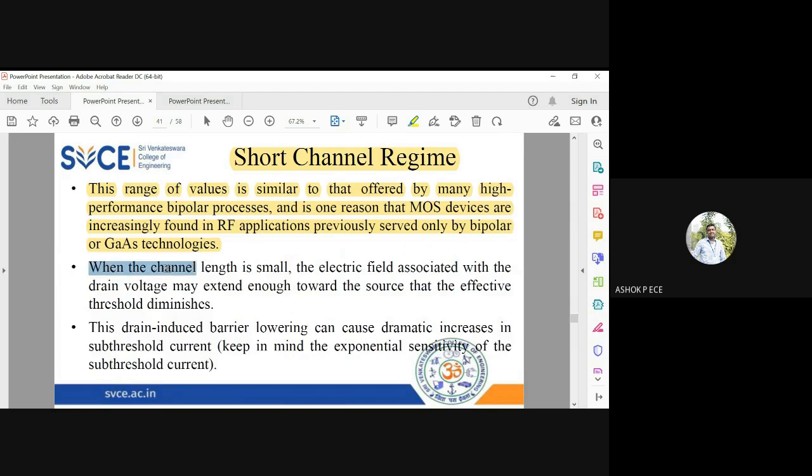When the channel length is small, the electric field will extend enough that the threshold is going to diminish, which will cause an increase in the subthreshold current. So when the channel length is small, you have to apply the corresponding concepts of the short channel regime. That is what is mentioned in these